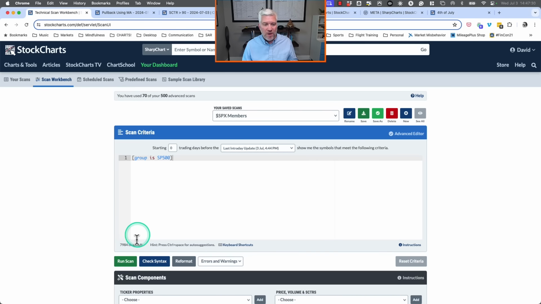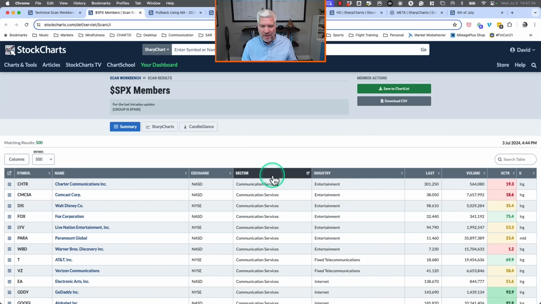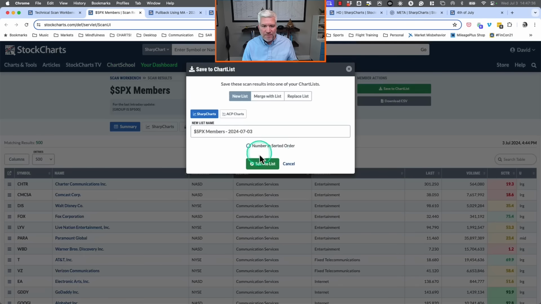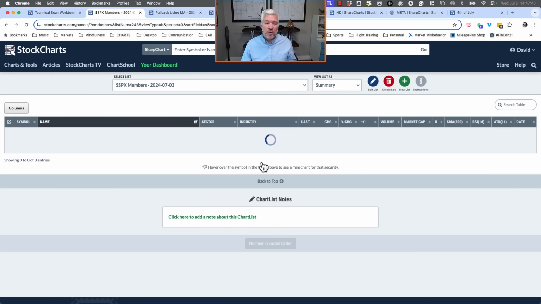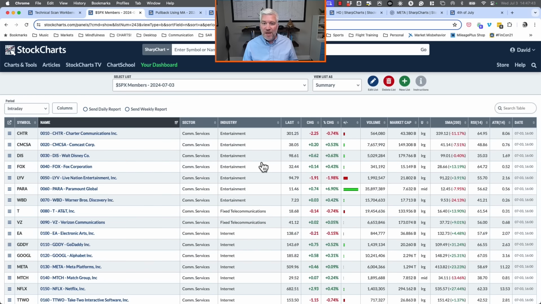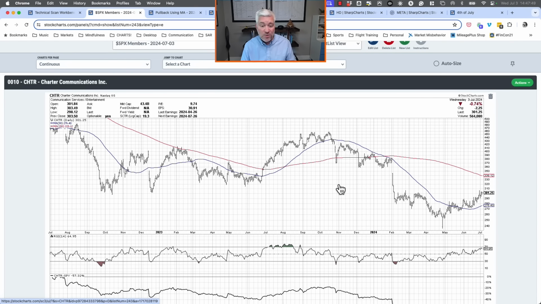This is just a simple way of getting the S&P 500 stocks into a list. I like to sort it by industry and then sector. I like to do it right like this. And then I literally, in a very manual process, start at the very top and I start to go down through the stocks. This is a very manual process, and this was introduced to me